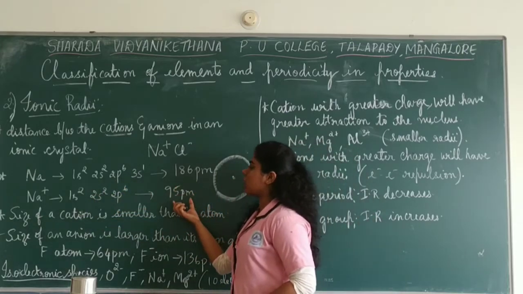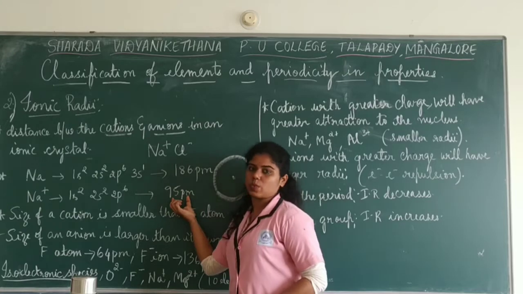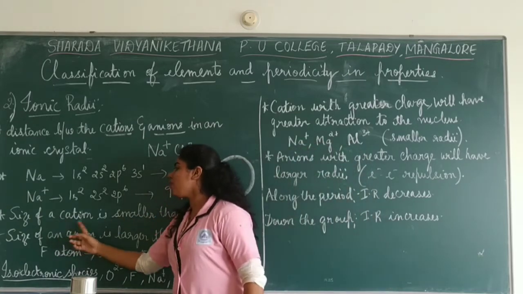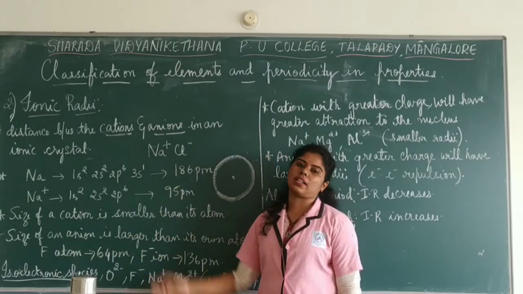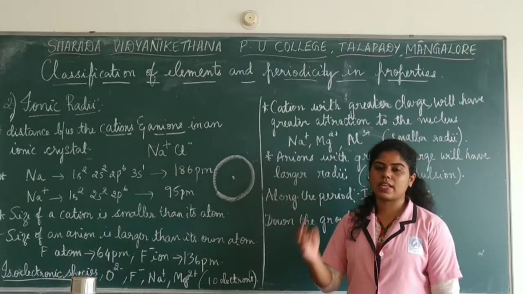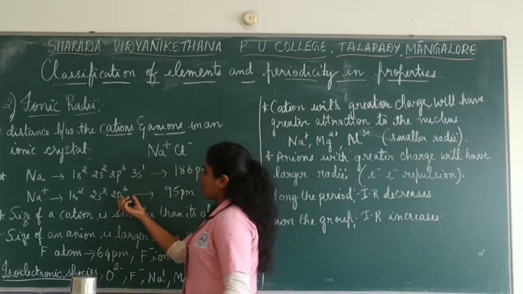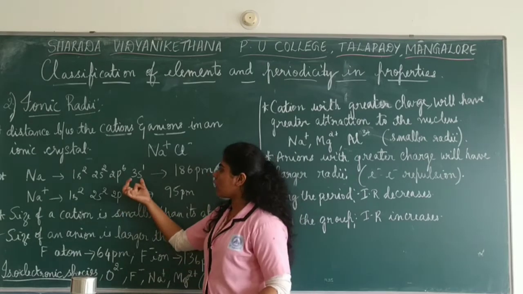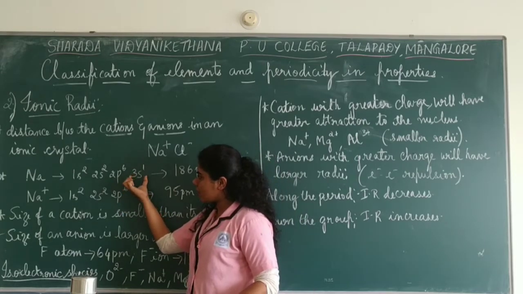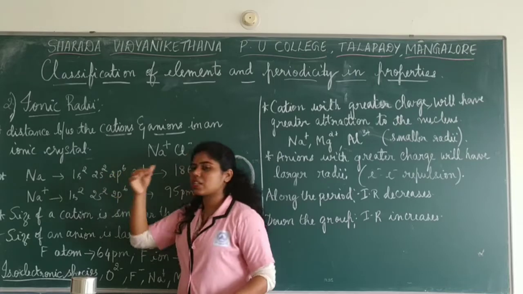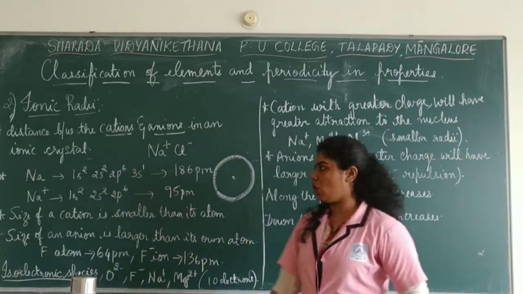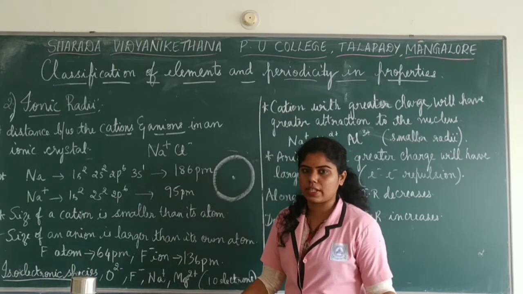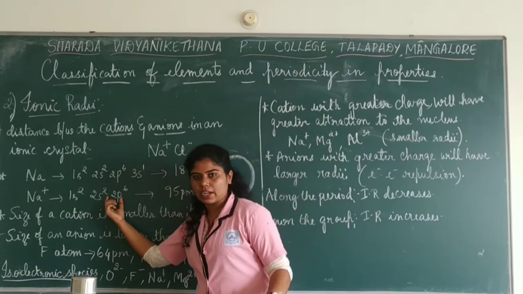The size of the cation is said to be very less when compared to its own atom. Don't you think so? So here, the size of a cation is always smaller than its own atom. Always remember. Why? Because you have lost one electron. It has lost an electron. So what happens? The number of electrons in the valence shell has decreased. First of all, it has less number of electrons now. If it was 3s1 in the outermost shell, that electron is being lost over there. So it has less number of electrons, correct?